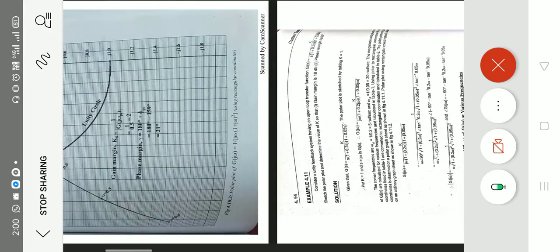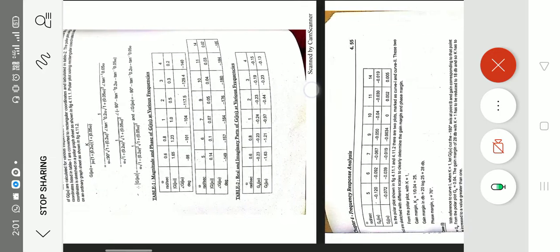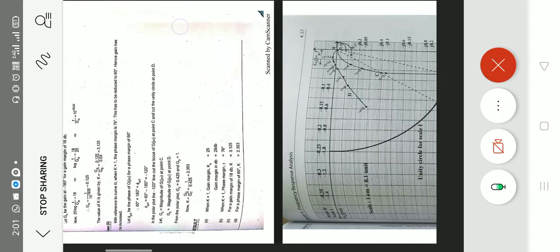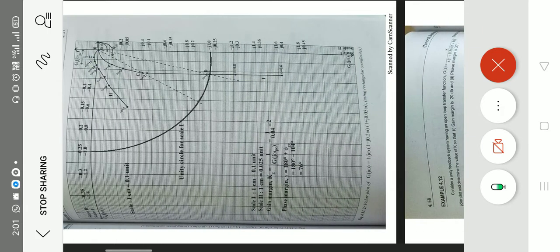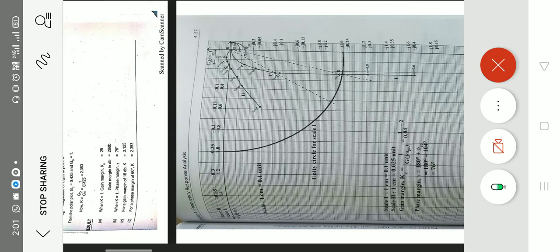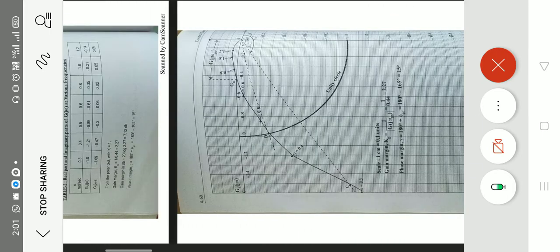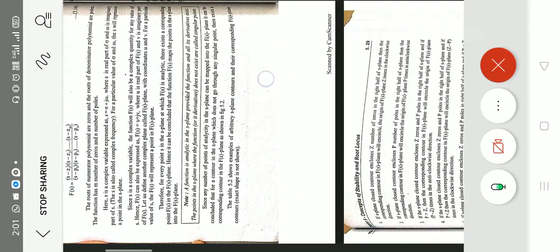These problems are all the same. We can do your own. Any doubts in these problems? Ask me, I will tell. I told one model problem in yesterday's class, the last class. Today I told another model problem. These are the only two models in polar plot. So I will go to the next topic, that is the Nyquist plot.